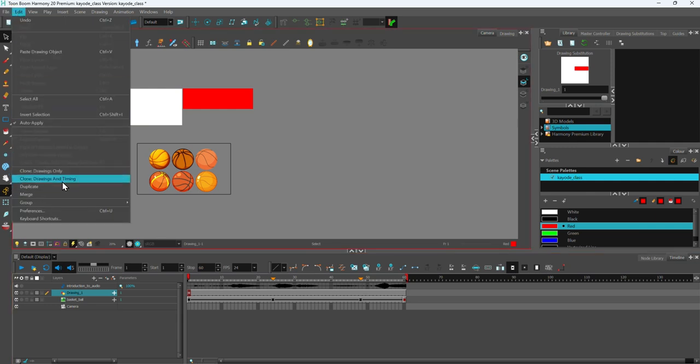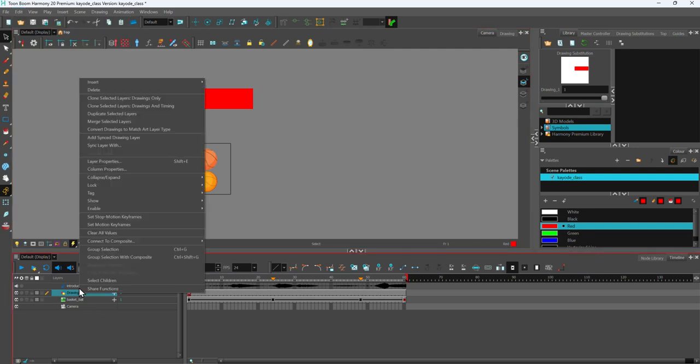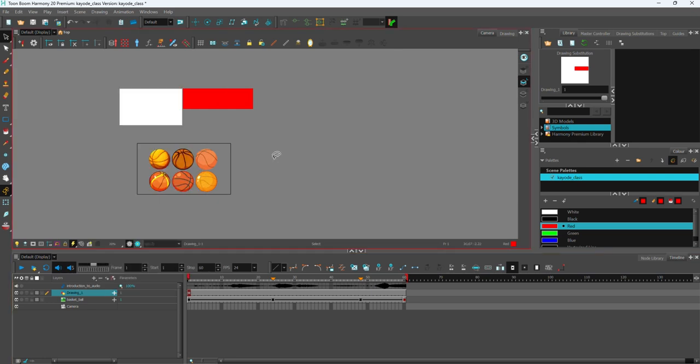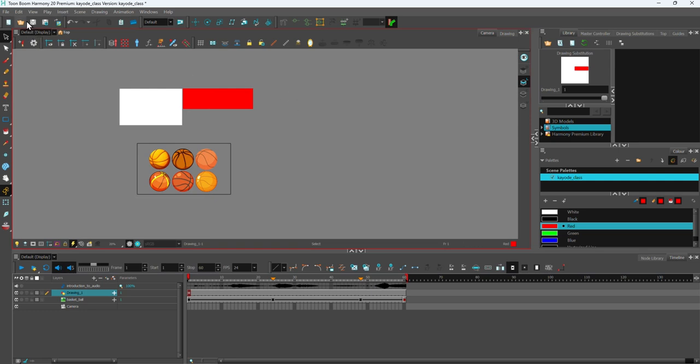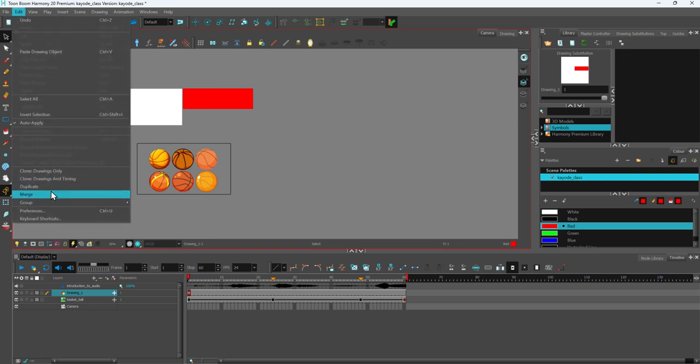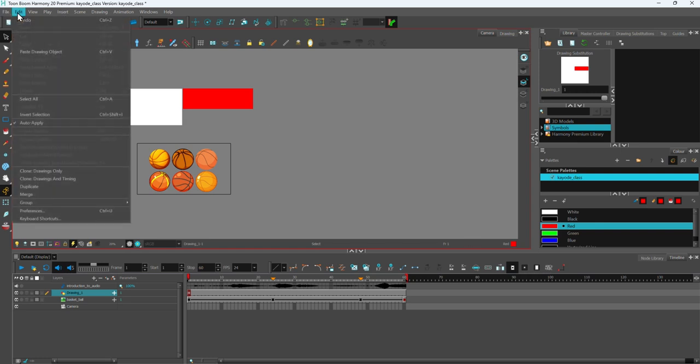See, clone drawings only, duplicate merge. I'll just come here and right click on it. Do you see it? Clone drawings, drawings only, drawings and timing, duplicate merge selected. In fact, there's still more. Do you understand? So I just left this place. This place is a long journey. If I want to do something, I have to come here, then start looking for what I want to press, right? So the only thing that I will advise you to do with your Toon Boom is come to these preferences,